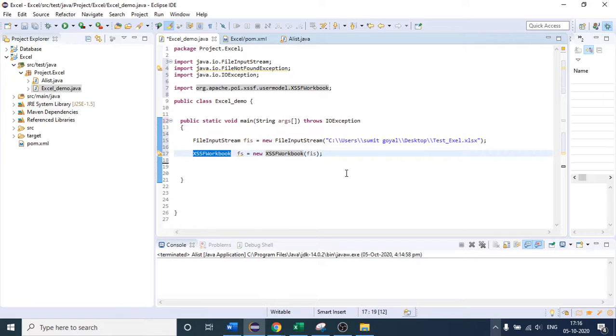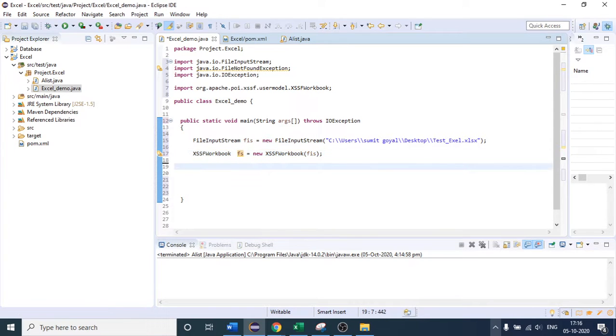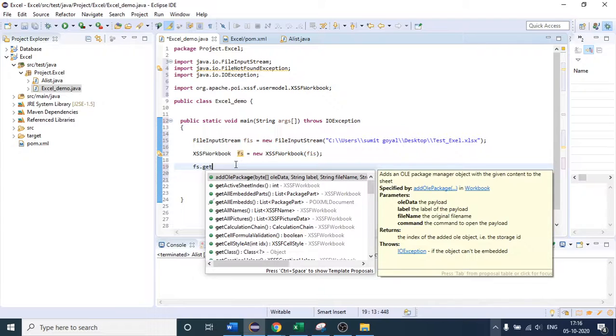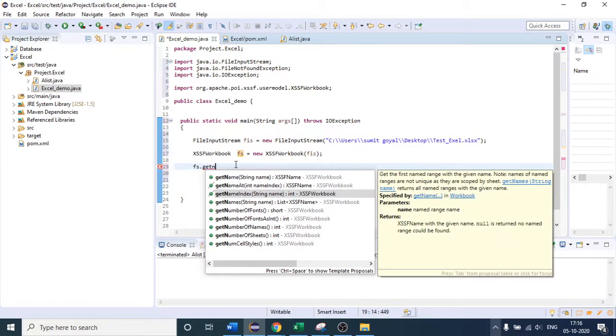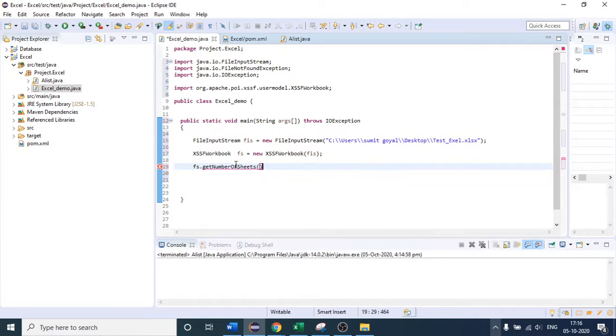After that, if I come here after this class, we will make use of this object. Let me copy this. If I say fs dot get number of sheets, there is one method, you will see. This is the method.